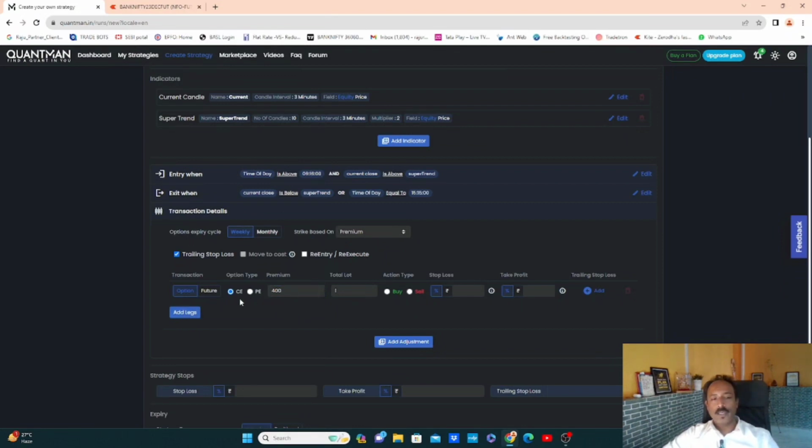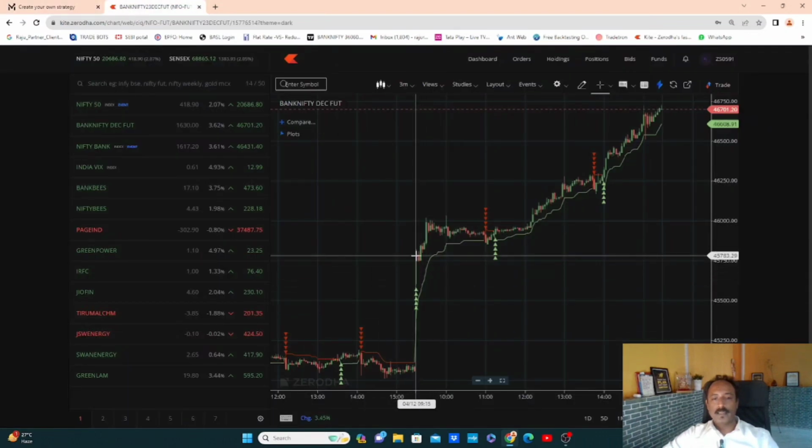So it will automatically buy a call option of 400 rupees. Then you can define here how many lots you want to buy, and the action type, whether to buy or to sell. So we are buying. This is a bullish strategy, right? Suppose the current candle is above the super trend, here it will buy at a 400 rupees premium and we